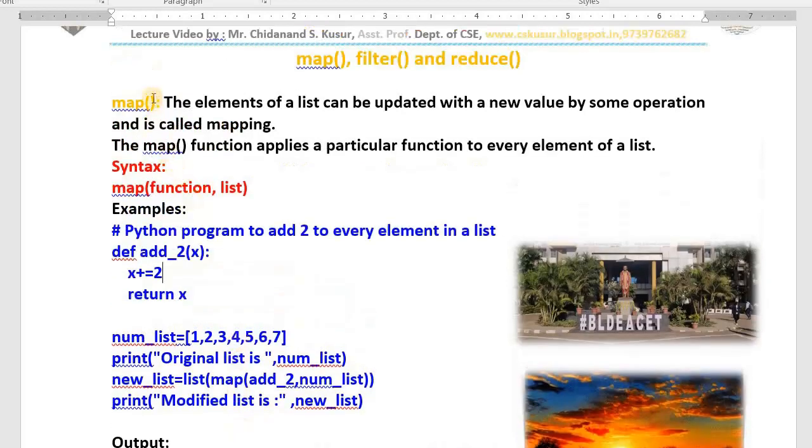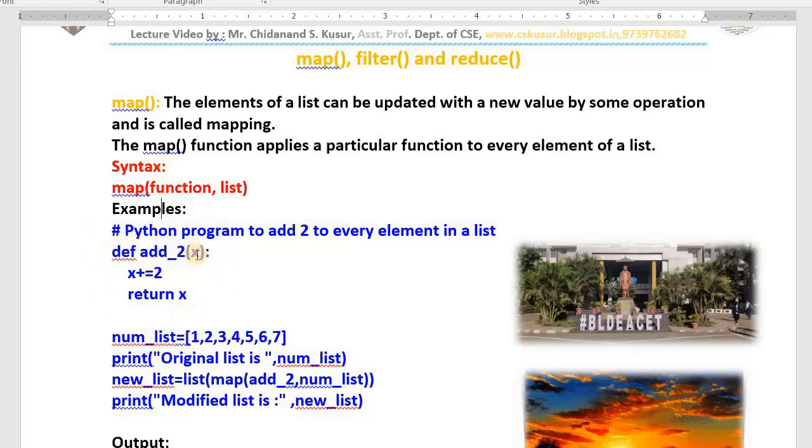What is the use of this map method? This map method helps us update the contents of a list with new values by performing some operations with it. That is, we are going to write one function here, that is called a map function.